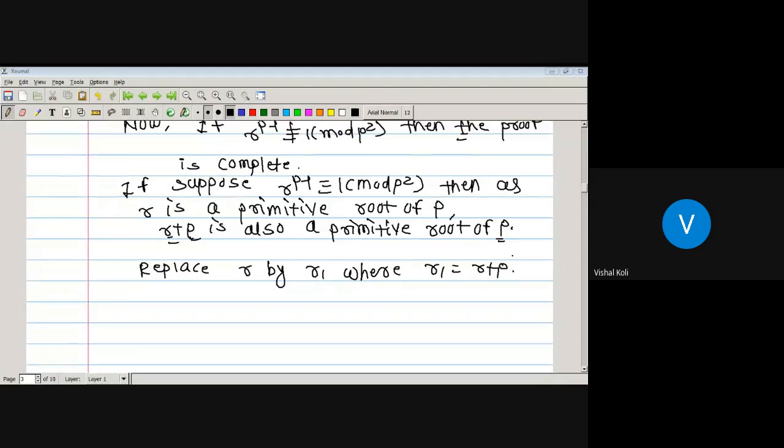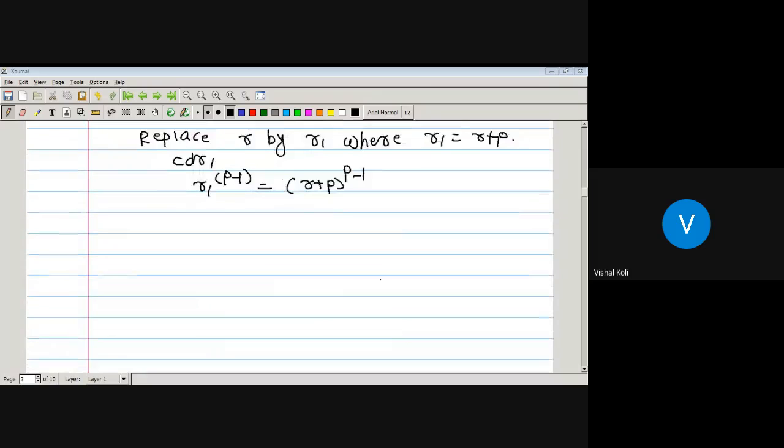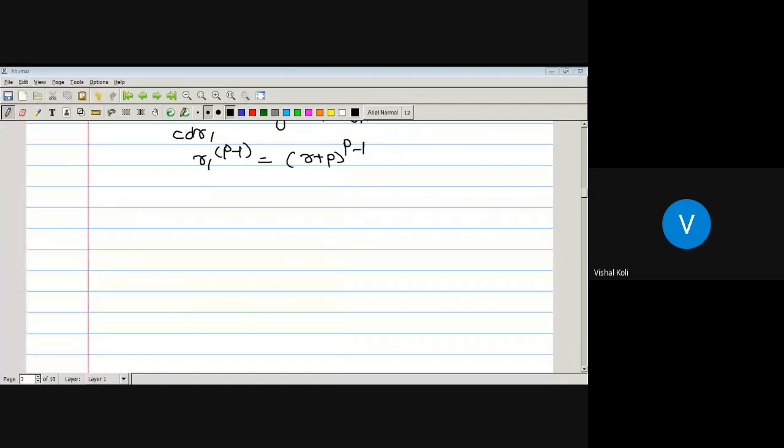Okay, now consider r1 to the power p minus 1, which is nothing but r plus p to the power p minus 1. Now tell me, this binomial coefficient, r plus p to the power p minus 1, is nothing but